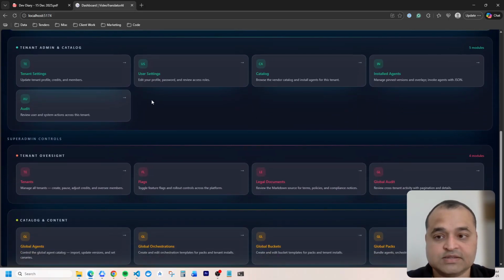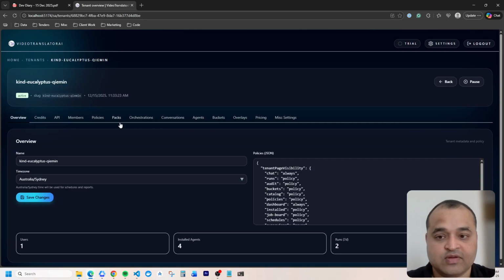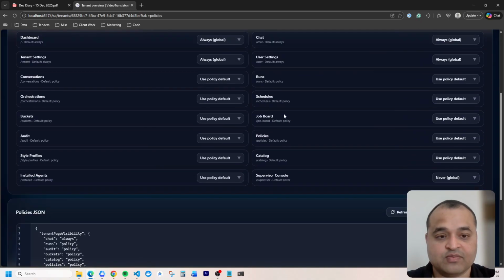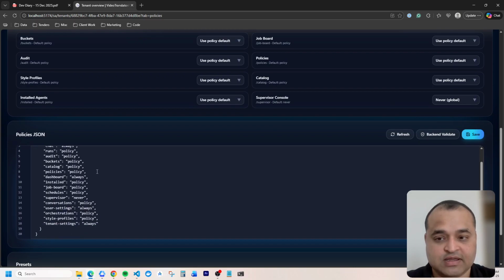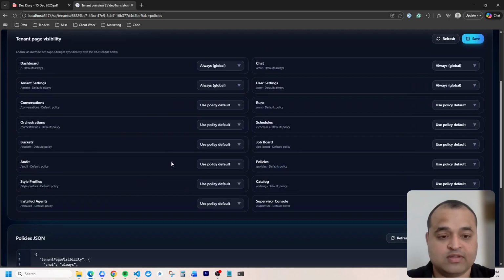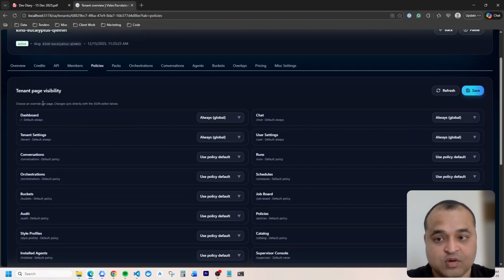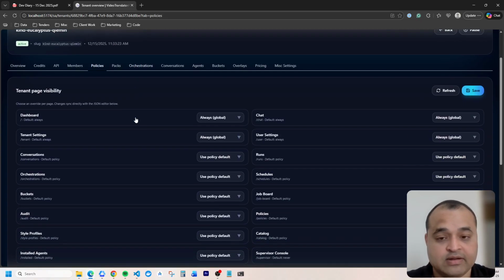One of the things we have, and if I look at this, is policies. Now, policies, and that's what the structure looks like in JSON form, actually define what the various tabs are that you're looking at, right? So at the moment, the policies for this tenant, which is called eucalyptus quimen, that's the name of the tenant,